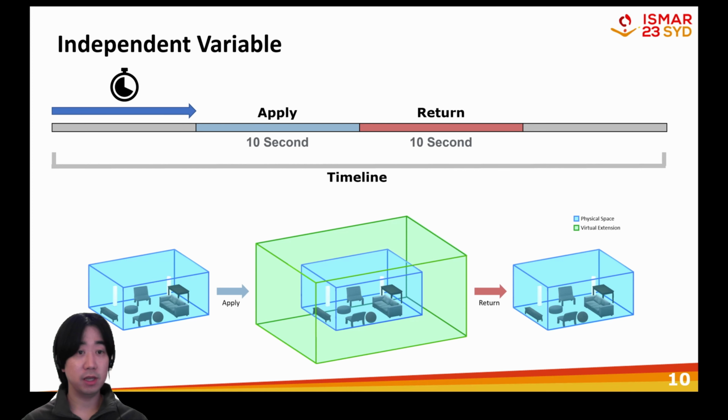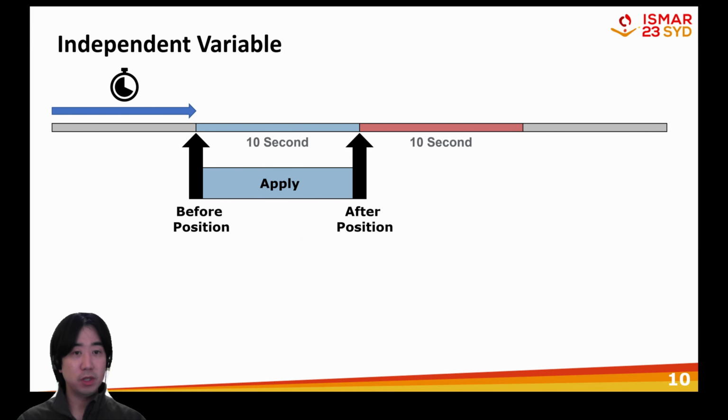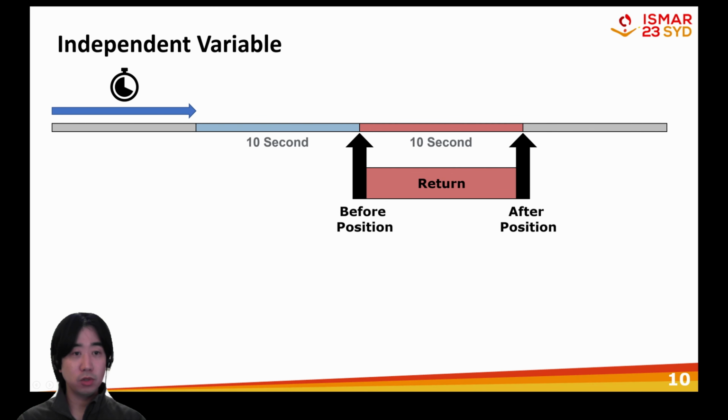Each distortion treatment is divided into 2 phases, apply and return. In our study, we checked the change of participants' average movement right after 10-second long apply and return segments. During the apply stage, the room shape deviates from the actual physical layout and then it returns to physical room shape and dimensions during the return stage. We analyzed the average movement of the user during the 10-second distortion segment by comparing their position in the room before and after the segment.